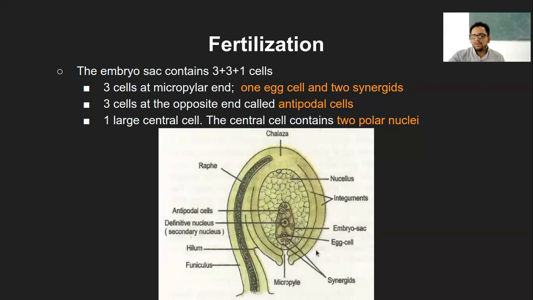Okay, so now let me tell you some other labels which are present in here. Before that, I will revise first. Integuments are the protective covering. That means they are going to protect the whole of the embryo sac structure. The micropyle is the opening between the integuments through which the pollen tube will enter. Then the nucellus is the nutritious tissue, when the embryo sac needs a lot of nutrition during the fertilization, because after the pollination, it may or may not be able to synthesize its own food.